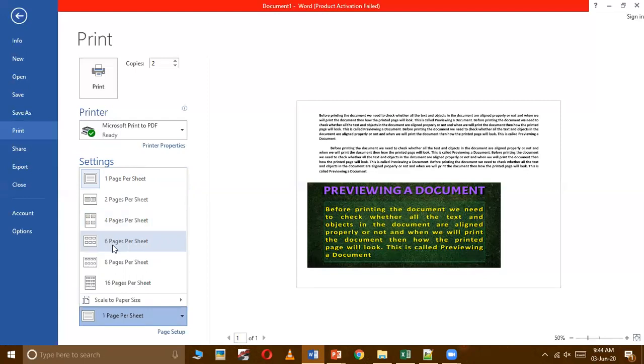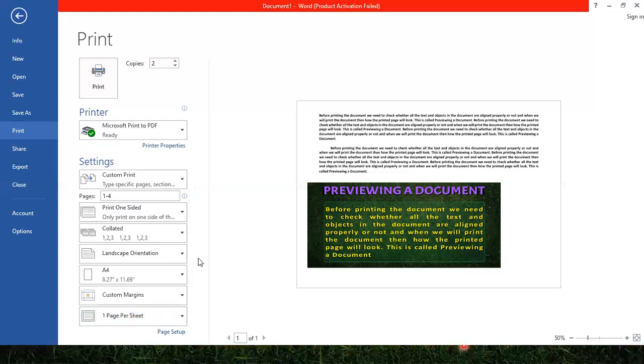Now suppose your document has 6 pages and you have selected 6 pages per sheet, then all those 6 pages will be printed on the same page. So this is what the pages per sheet option is. So this is what your print options are. You can use different options while printing, and you can see how your document will be printed.